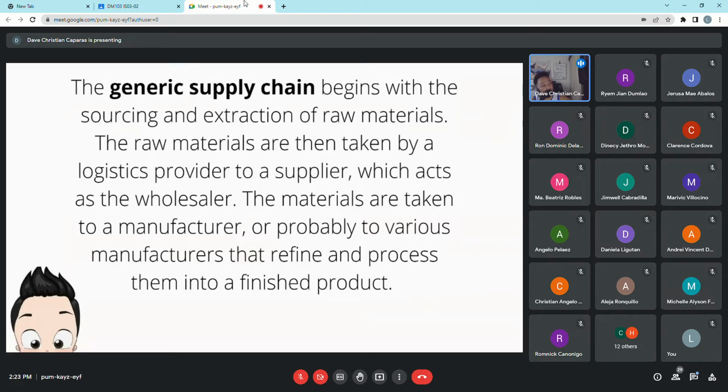Kailangan natin ng magta-transport. Ang tawag sa kanila, if you're gonna be acquiring their help, ay mga logistic provider. Logistics in business, pag sinabing logistics, yan ay responsible in moving resources from one point to another, from point of origin to the point of destination. So, hindi mo move yung resources without logistics. Okay, yun yung punto.